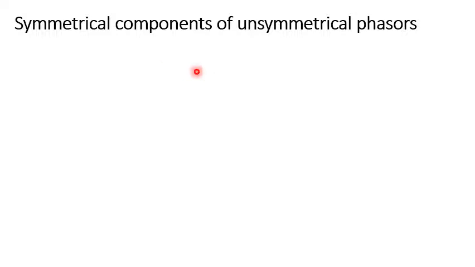Let's understand how we are writing the unsymmetrical phases in terms of symmetrical components. We understood that. So operators A, and what is the use of it? Let's understand that with the help of zero, positive and negative sequences, and what final equation we'll get to solve some numericals. What is the relation between the unsymmetrical phases in terms of symmetrical components?